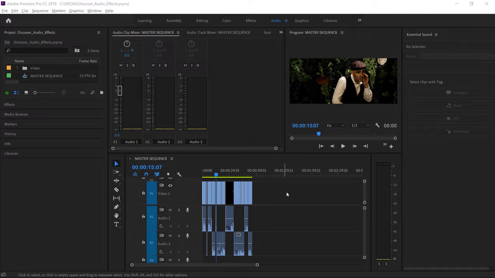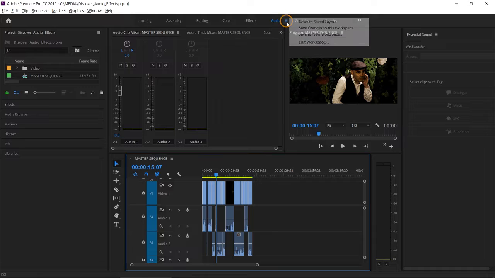For this tutorial, I'm using the Audio workspace. You can reset the workspace by clicking on the Workspace's panel menu and choosing Reset to Saved Layout. Adobe Premiere Pro has a range of audio effects you can apply to clips in sequences to improve sound quality